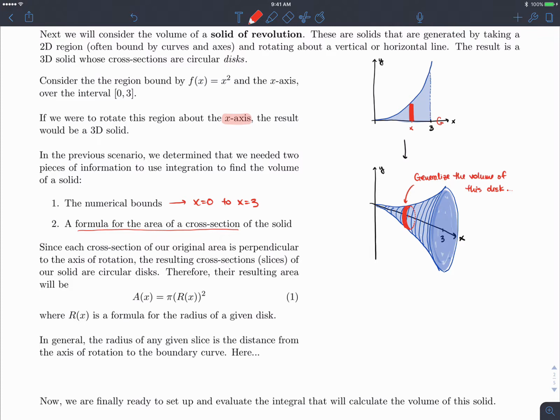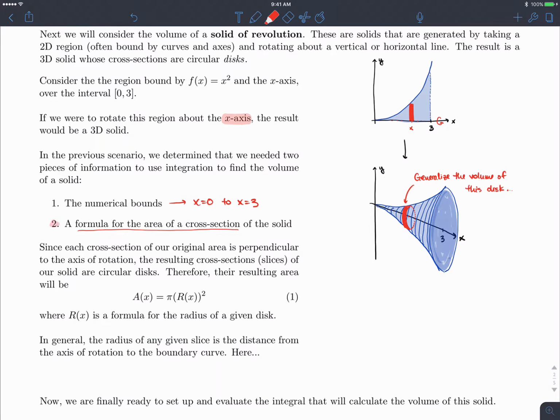Okay, so now since each of these cross sections that we would have drawn are perpendicular to the axis of rotation, it really wouldn't matter where on this first drawing we had drawn this little rectangular cross section. It's perpendicular to the axis of rotation. So if we can visualize rotating that around the x-axis every single time, we're going to get a series of circular disks. Therefore, it's easy for us to generalize the area of one of these cross sections because it's just a circle,